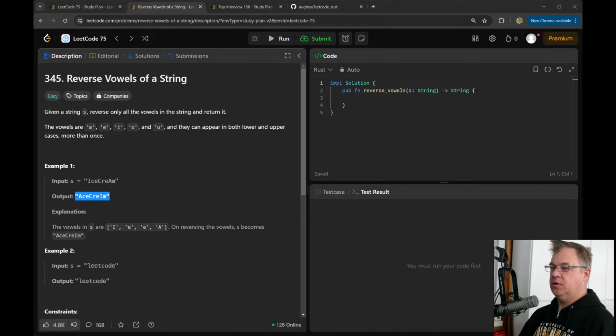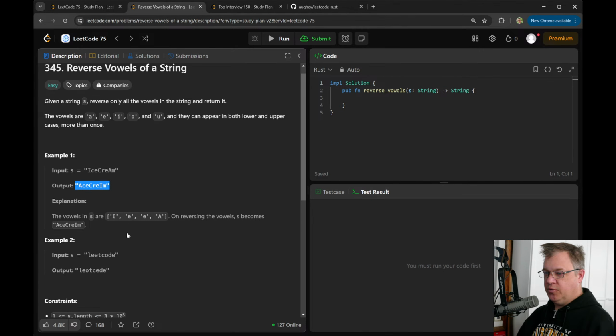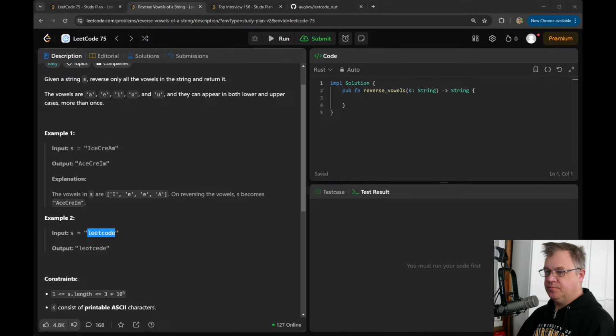Yeah, let's do this one. And let's go ahead and put in the other one as well. Input is "leetcode", and the output is "leotcede". There we go.